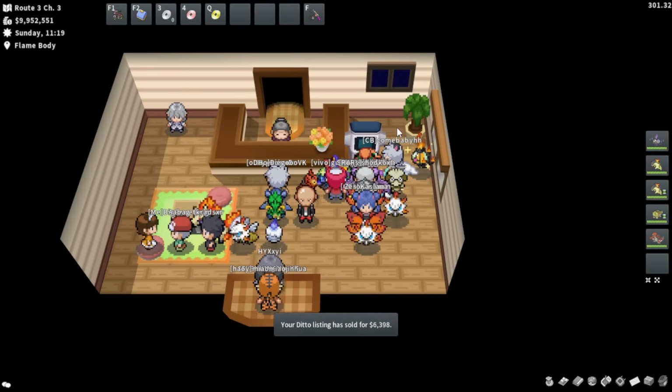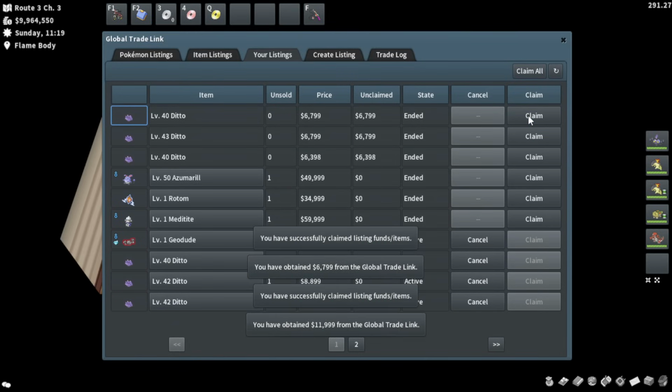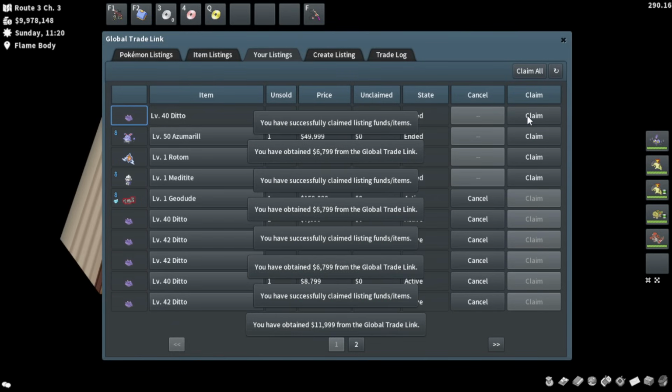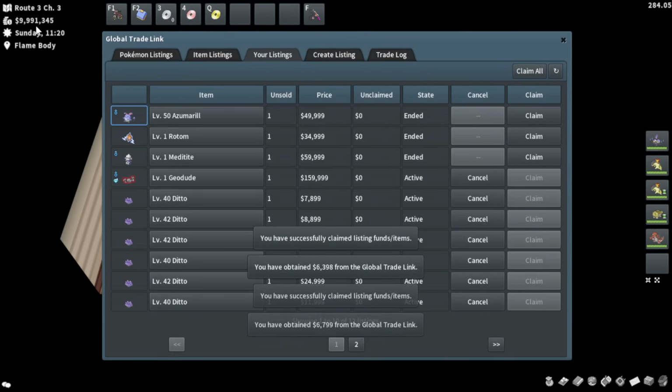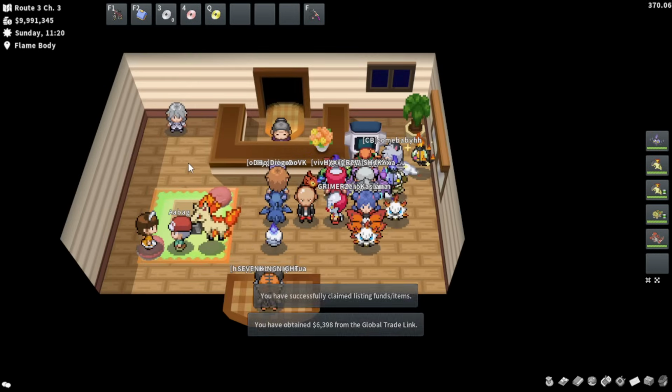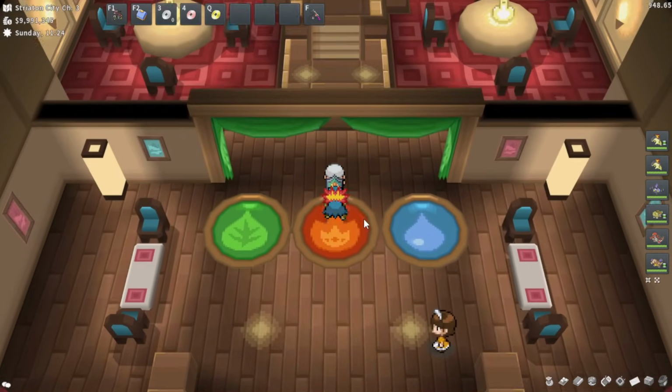Okay, we listed all the 1x31 Dittos, and some of them have already been selling off. Let's just go ahead and collect what's already sold. I don't think it's going to get us quite the 10 mil. Yeah, no, it doesn't, right? But it's actually really, really close. 9,000 Pokeyen away. What better way to end this series than just going ahead and beating a gym or 2